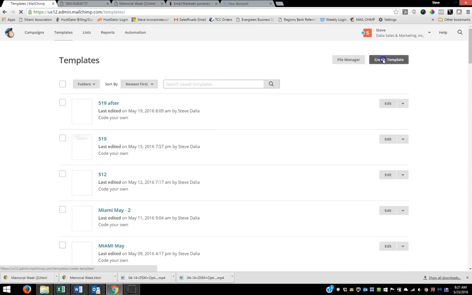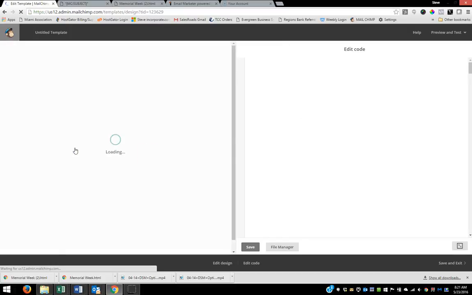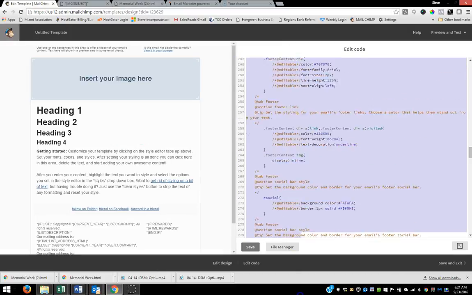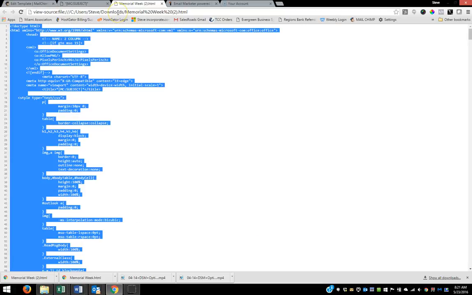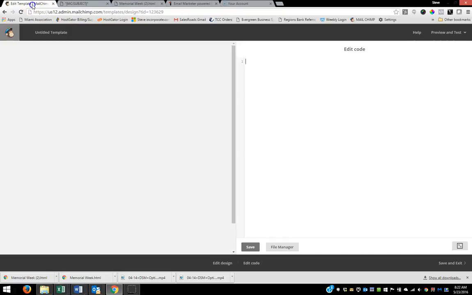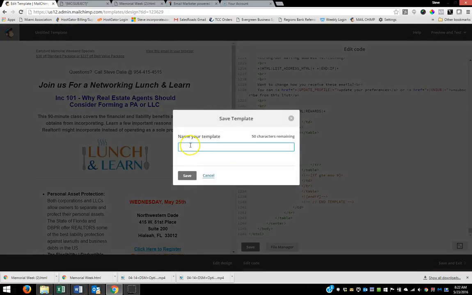First thing you want to do is come to templates, create templates, code your own, paste in the code, get rid of the code that's here, left mouse click, drag it down, delete. Then you're going to go back to where your code is, Control C, come back to the template, Control V, save it, save and next, name it, save it,